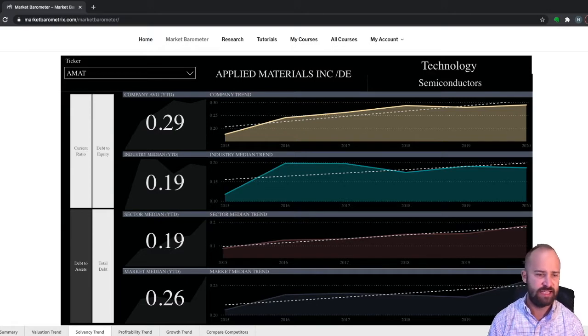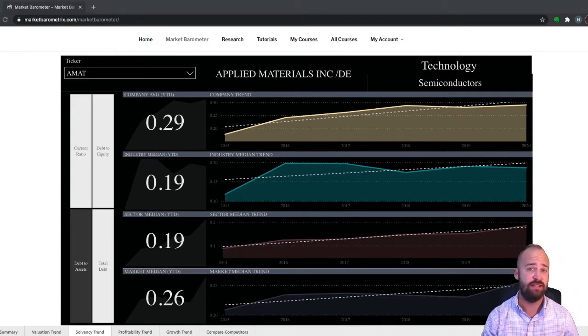It looks like Applied Materials has a substantially higher level of debt relative to its equity and assets than that of its peers. And this is something we talked about in the solvency video, but it looks like Applied Materials is generally more leveraged than its peers, meaning that it's employing higher amounts of debt to fund its business operations. Now, debt is generally more capital efficient because when a company raises capital to fund its ongoing business operations through equity as opposed to debt, they're essentially giving up a portion of future earnings. So the holder of those shares has an ownership interest in the company